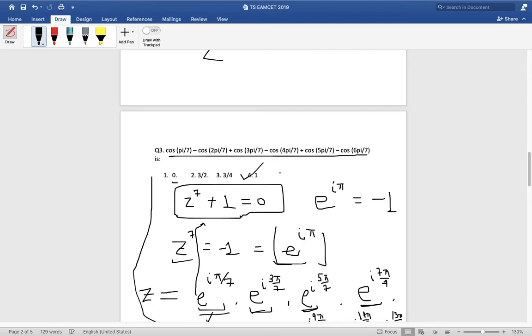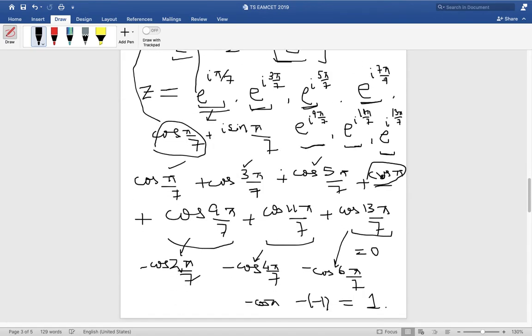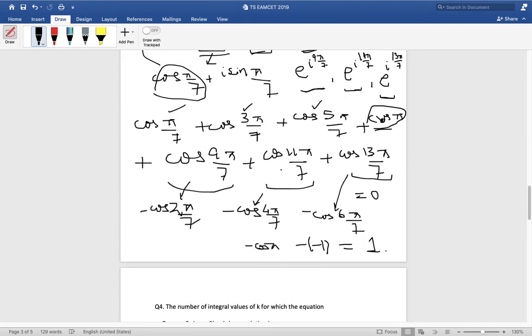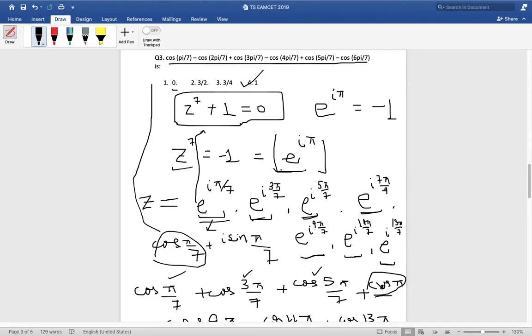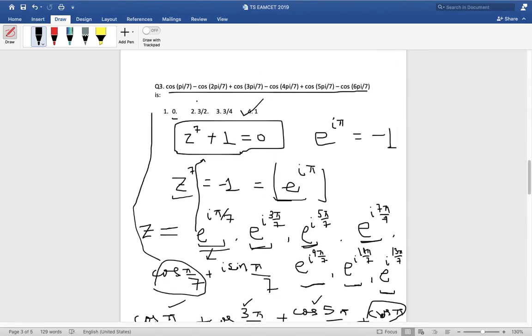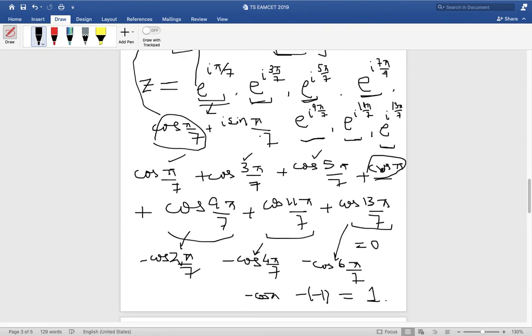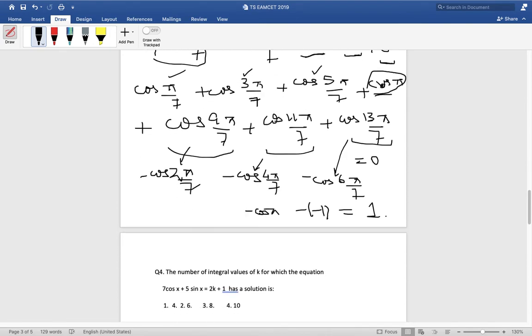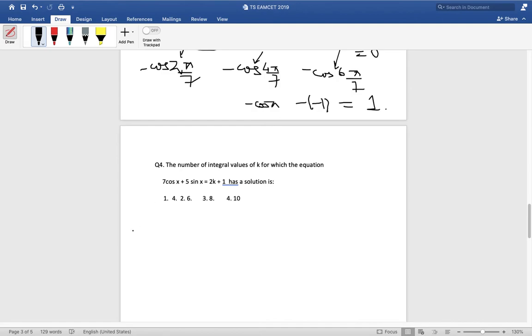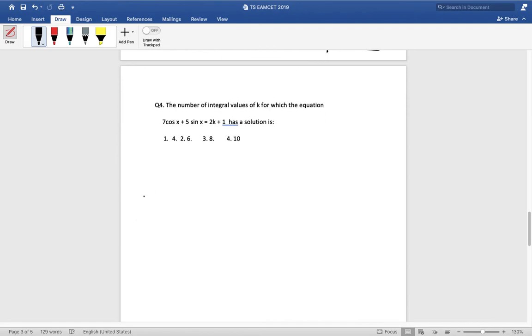This is 1. So if it looks too difficult, do not worry, because it is a difficult question. So the solution has to be difficult as well. So that's about this problem. You can also get a similar problem if they asked about sine pi by 7, cosine 2 pi by and so on. You just have to equate the imaginary part of these roots equal to 0, and then you will also get another problem similar to this one. Maybe it's possible they will ask it next time, so who knows.